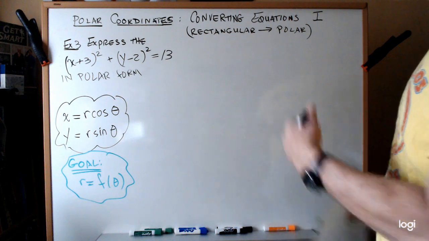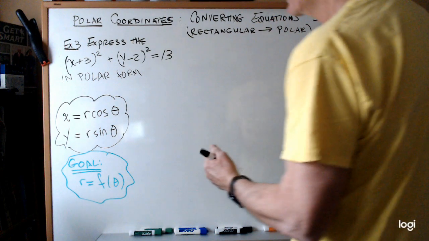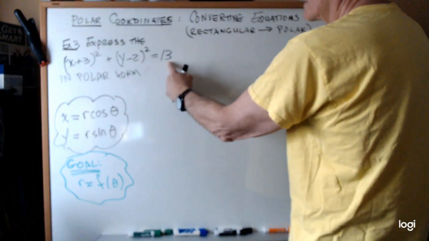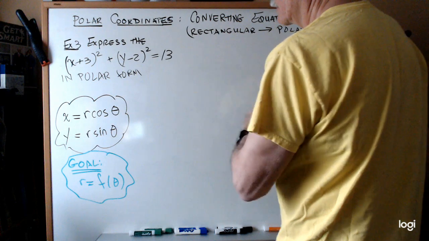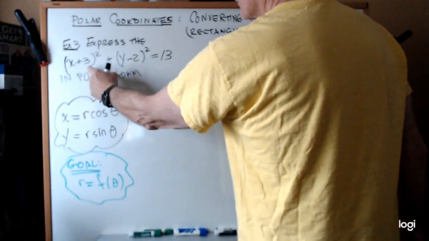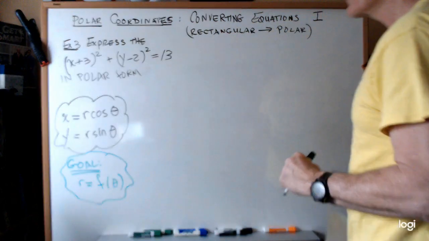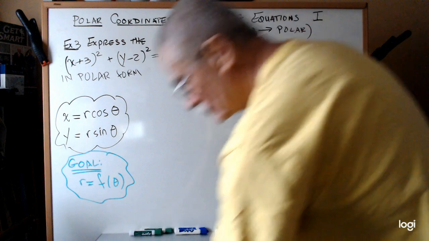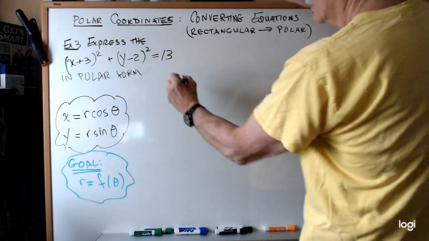All right, so when all is said and done, what we should get is a circle centered at (-3, 2). This would be radius squared, so the radius would be radical 13. Okay, so again, a circle centered at (-3, 2) with a radius of square root of 13. Okay, so the method is the same. The algebra is just a little more demanding. So x is r